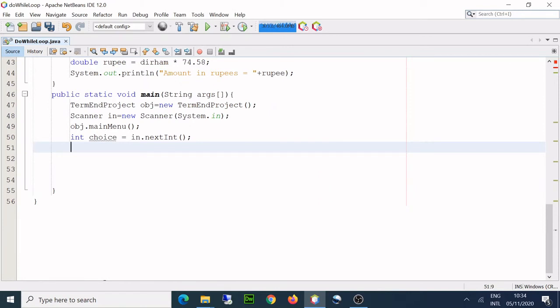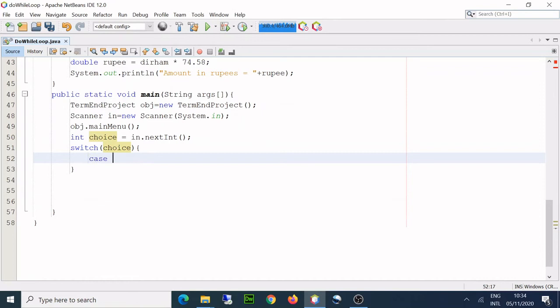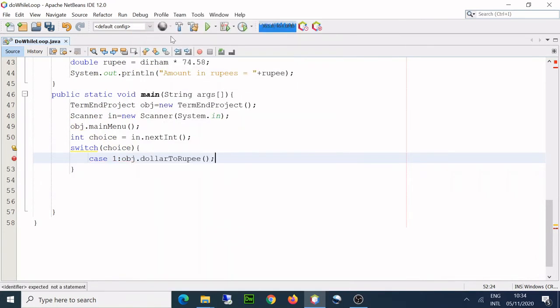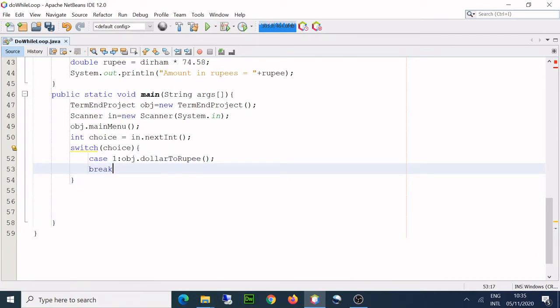Now I'll use switch case. So I'll say switch choice. Then comes an open brace after switch always, and then comes case 1. There is a gap between case and 1, and I'm going to call my first method, that is dollar to rupee. Then comes break.